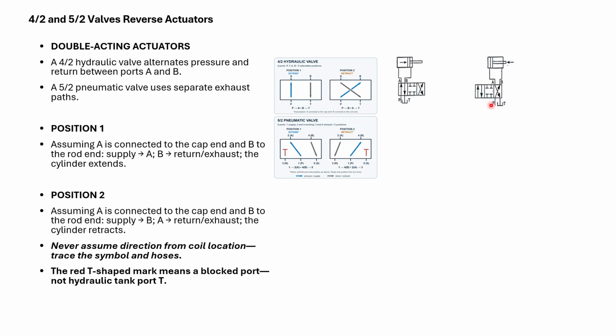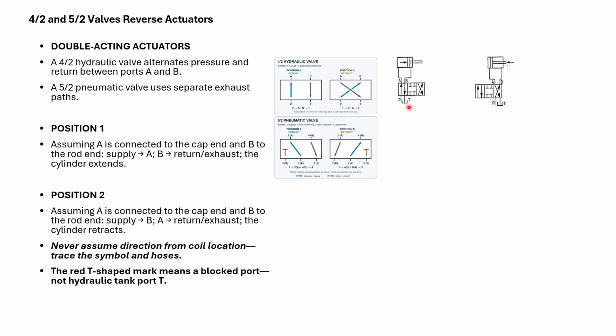Then when P goes to the cylinder's right, fluid goes from left to A to tank. This means retraction, or sometimes exhaust, return or exhaust. Position 1 is simple. Position 2 is